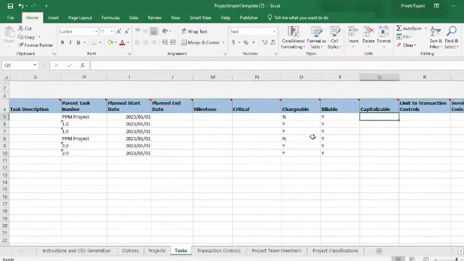This project is not a capitalizable project, so we will leave this column. This is our project which is for billable purpose and it is not for capitalizable purpose, so we will